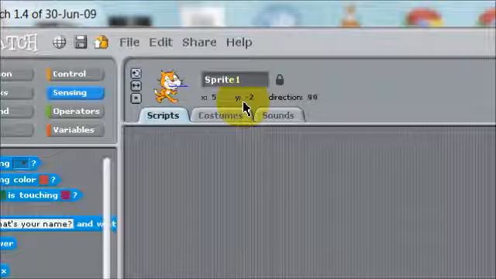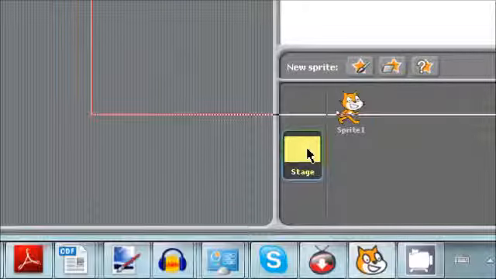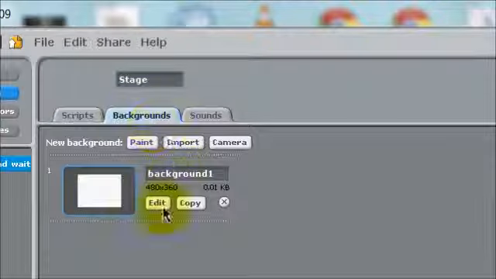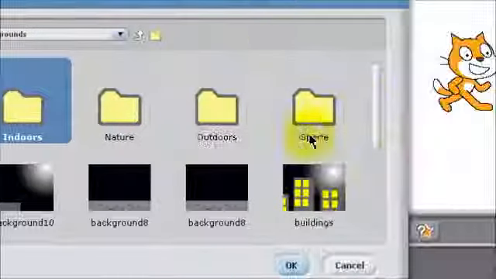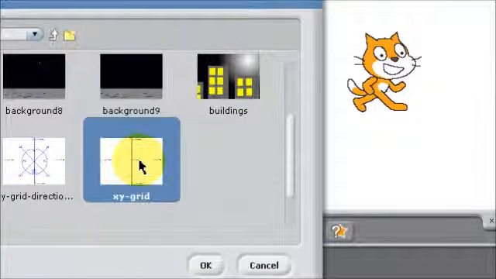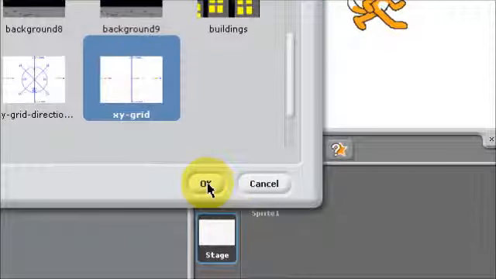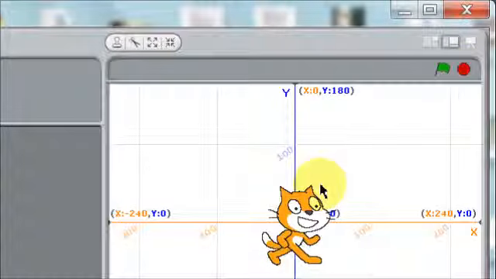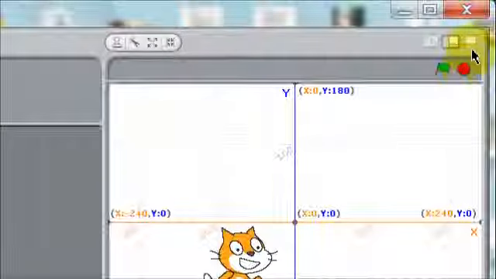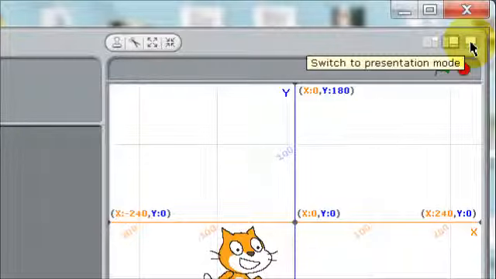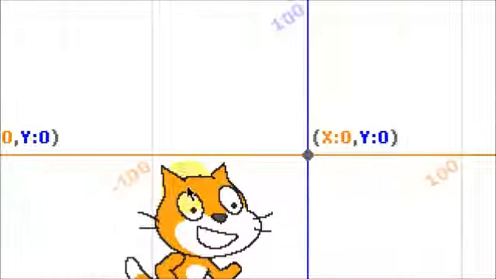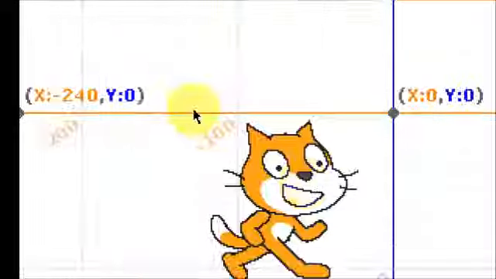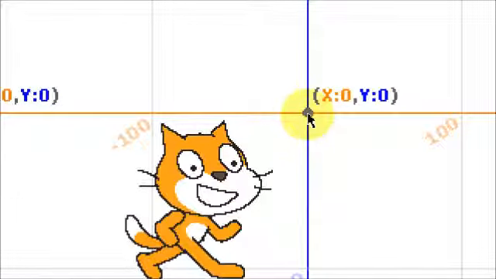And basically it just follows the XY grid, or the XY coordinate system, which we can take a look at more closely just by clicking on the background and going to backgrounds and importing the XY grid. And the XY grid will come as an installed background with the Scratch program. I'm going to click OK, and I'm going to get a bigger look at this XY coordinate system. I'm just going to switch to presentation mode,